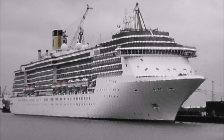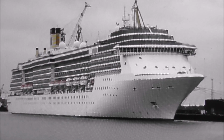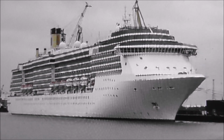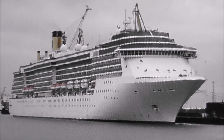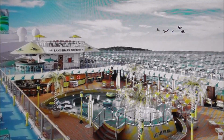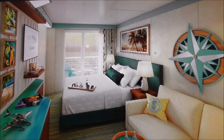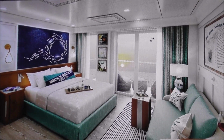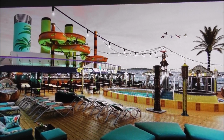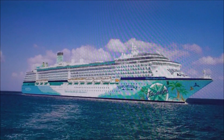And this is the Margaritaville At Sea Islander as she is today, but I'm going to show you some photographs courtesy of Belfast Live of what she will look like in 3 months or more time. And this is the Land Shark Lookout, seating area, bar, one of the cabins, another cabin stateroom, I'm not sure, pool, water slide, seating area, sunbathing area,